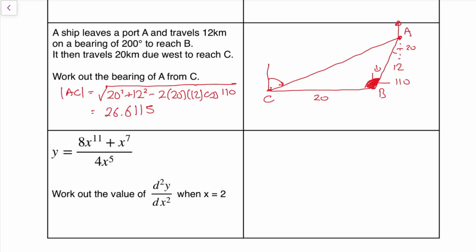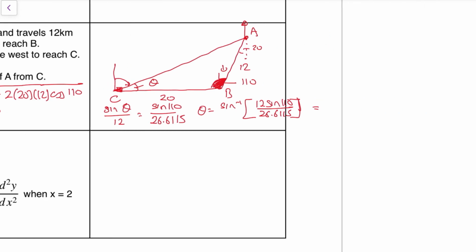I know this is a right angle. So actually, if I can work out this angle here, just take that away from a right angle. So let's call this theta. So therefore, theta, let's write it out properly. So sine theta over 12 is equal to sine 110 over the thing I've just worked out, which is 26.6115, which means that theta is equal to sine minus 1 of 12 sine 110 over 26.6115, which is equal to, calculator again,